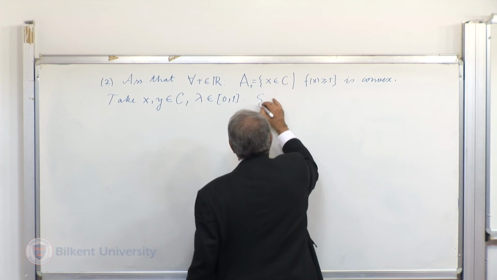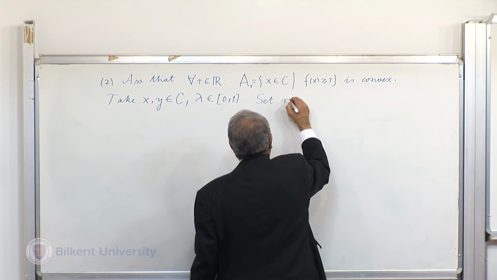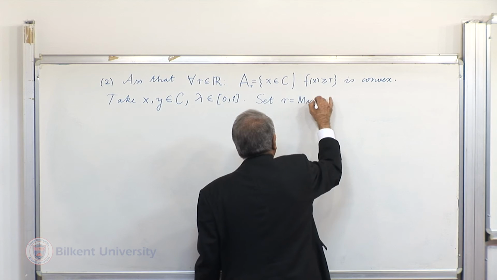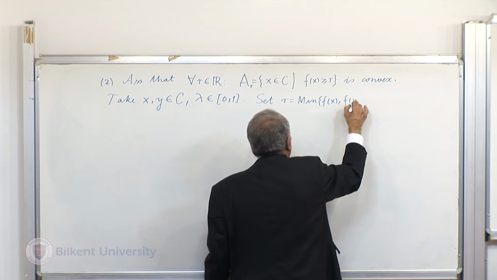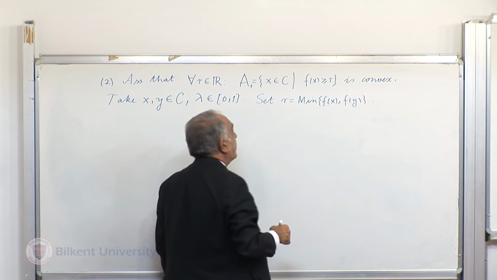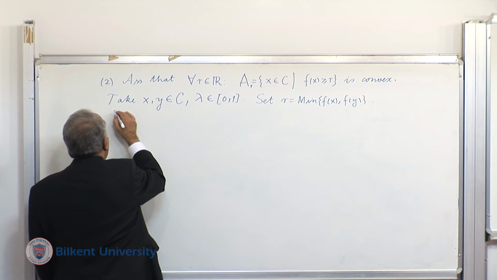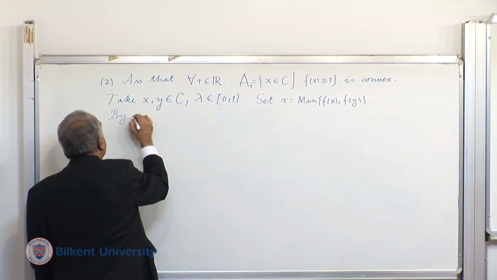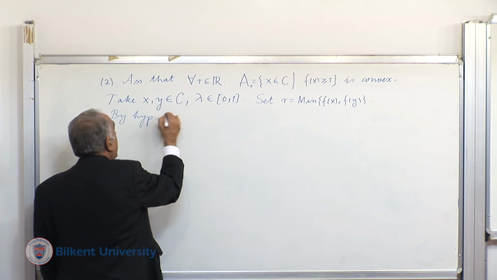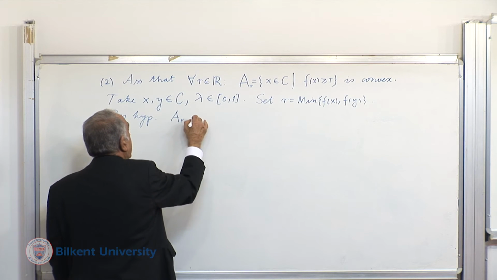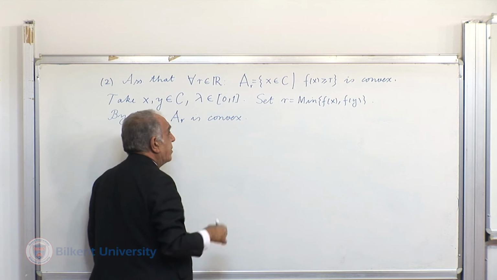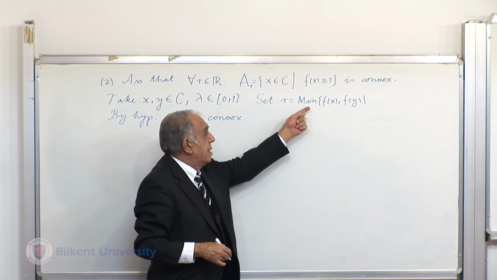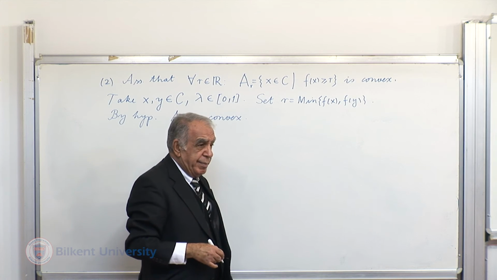Set R equal to the minimum of f of x, f of y. By hypothesis, A sub R is convex. But if R is equal to the minimum,